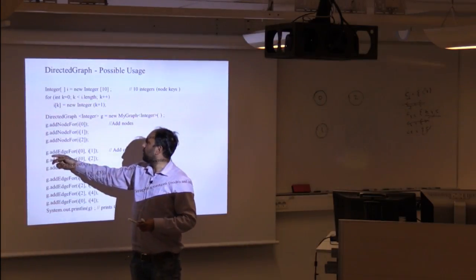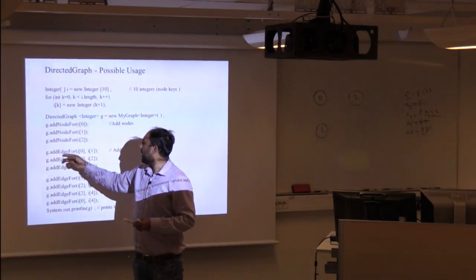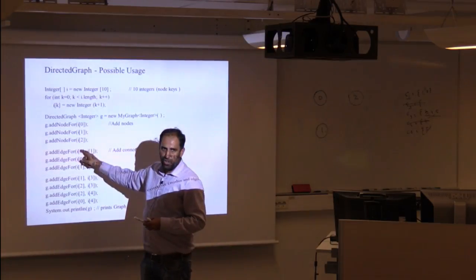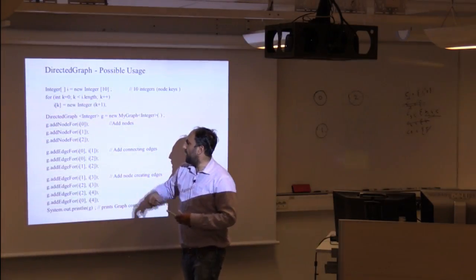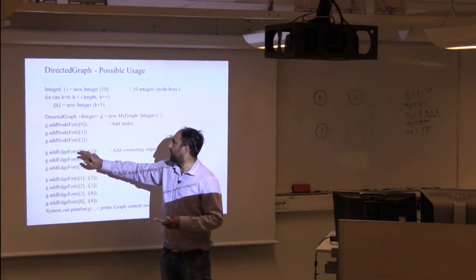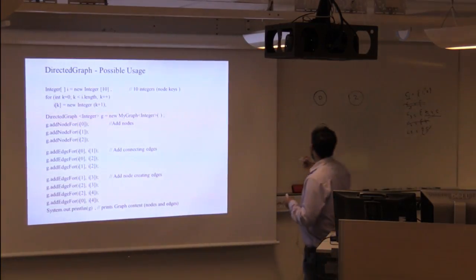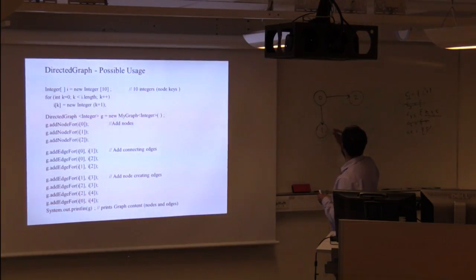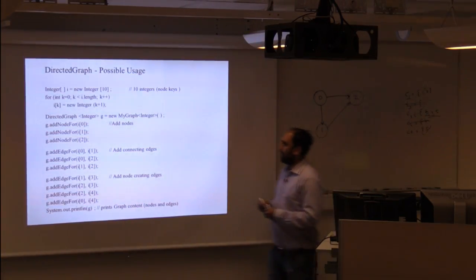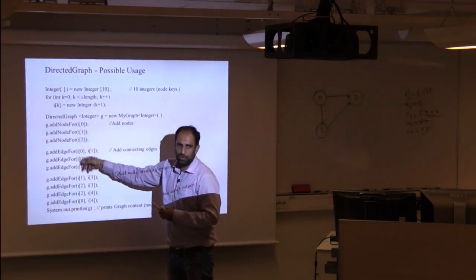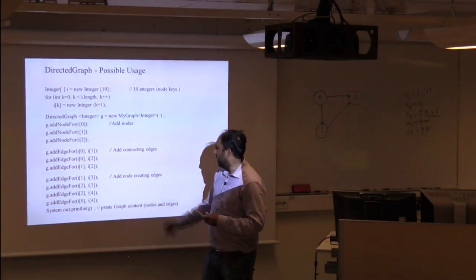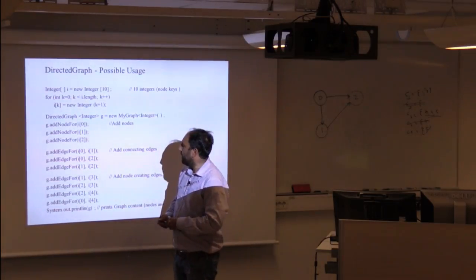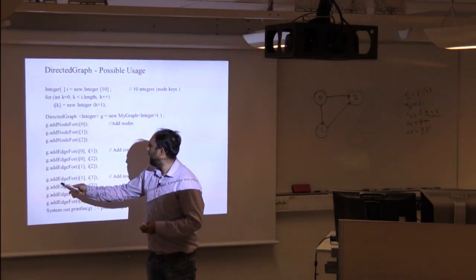To add edges, you use the method graph.addEdge, and this is from and to. So this method will add an edge from node 0 to node 1, and then from 0 to 2, and then from 1 to 2. Okay. So you can add edges using these methods,